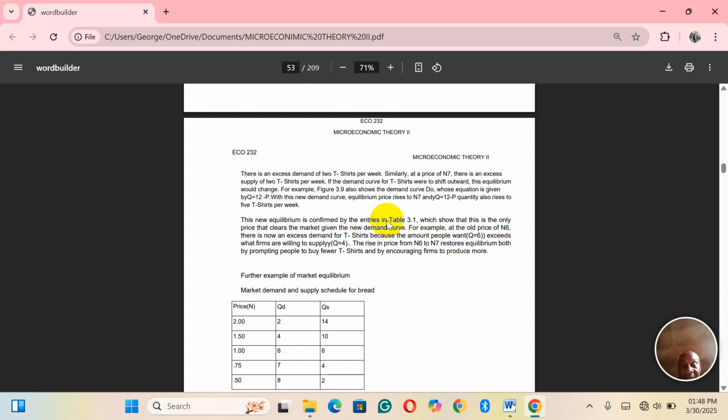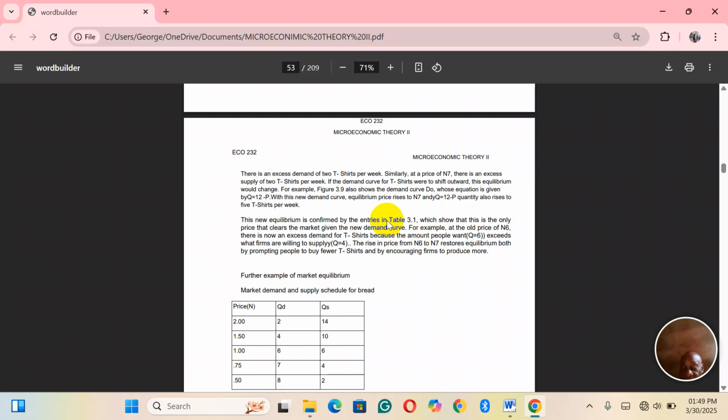The rise in price from 6 to 7 restores equilibrium both by prompting people to buy fewer t-shirts, and by encouraging firms to